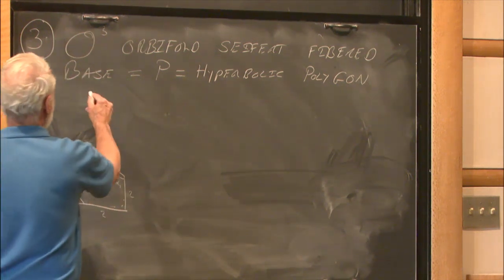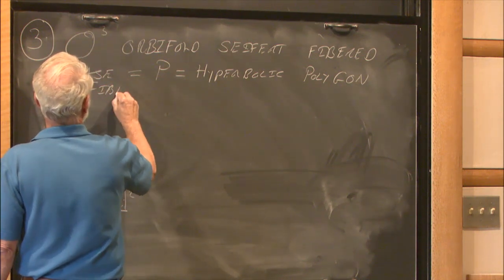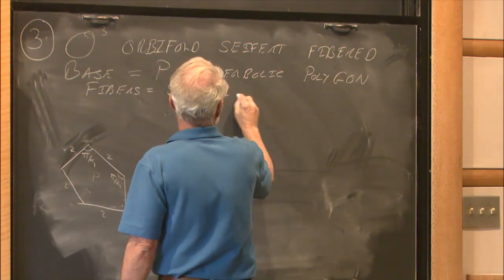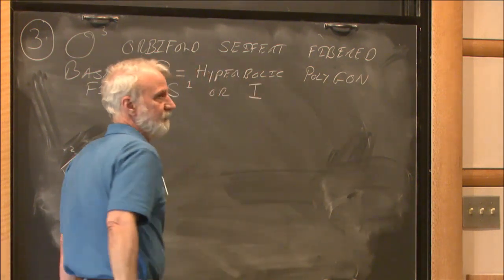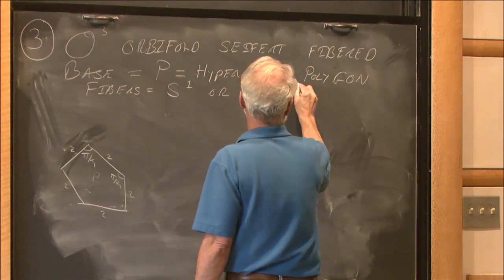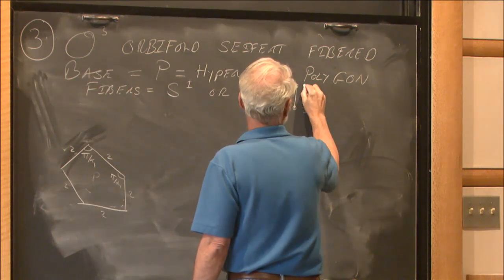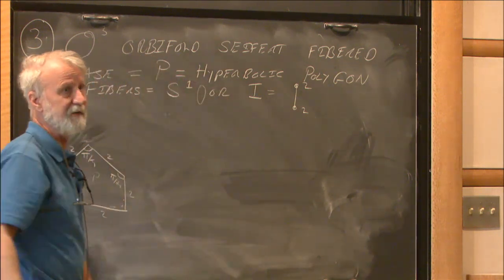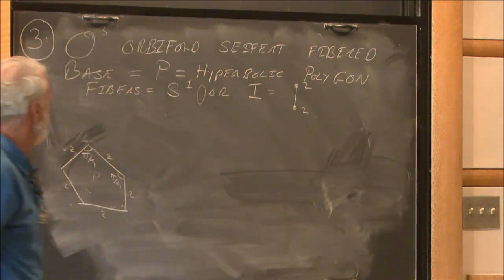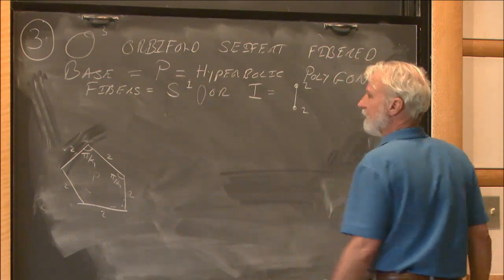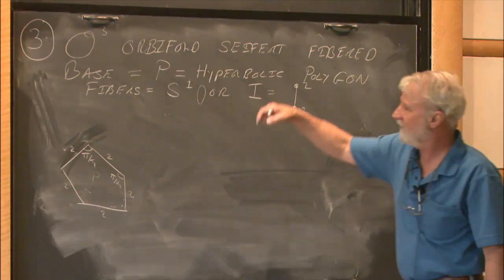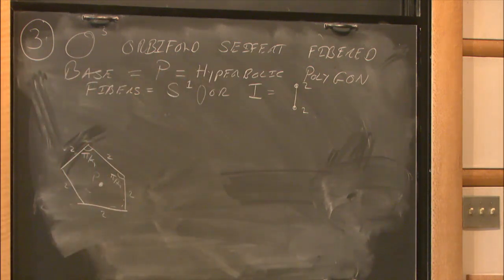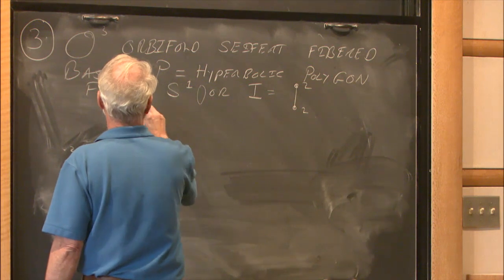And then, in this case, the fibers are of two types. They're either equal to S1, or you can also have an interval fiber, where this really means the orbifold where you have twos here. So this is just what I get by taking the circle and reflecting on it. So these are the fibers that I have over here. So in this fibration, what do I have over a regular point in the middle here? So the fiber